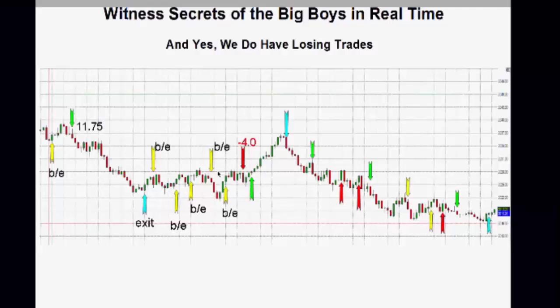So wait a minute, you go through all this. How come you just didn't stay long or short here or get out? You don't know that about the market, okay? If you want to sit out, you'll sit out and watch a market run for you and say, oh gosh, I should have got in. So that's why we get on these.